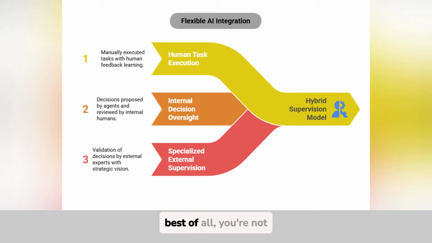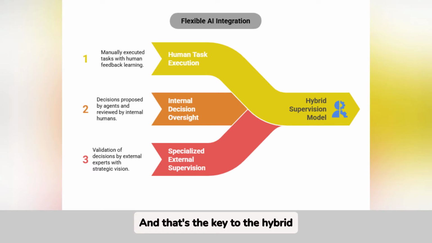Exactly. And best of all, you're not tied to just one option. You can start with closer monitoring, as in option 1 or 2, and evolve to a more autonomous system as confidence and digital maturity increases. You can also switch between them depending on the process, the type of customer, or the agent involved. I like it, because it allows me to go at my own pace, without losing control, but without slowing down innovation. This way I can build a sustainable digital transformation, not a forced one.